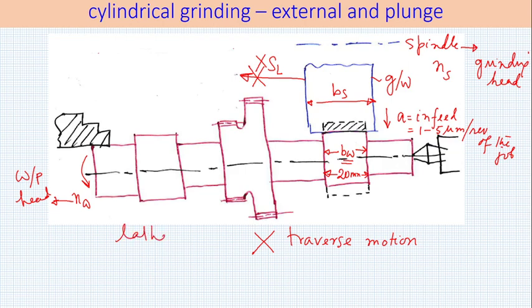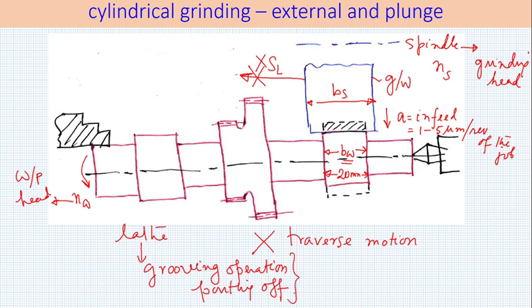In a lathe, as if you are doing a grooving operation, or you are doing a parting off operation, there is no longitudinal feed to the grooving tool or the parting tool. It is only moving in the cross direction. So here the equivalent direction is also cross direction, but we give it a new name. It is in feed. So a lot of technology part I have covered today.